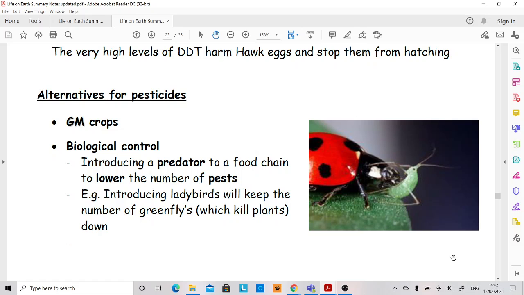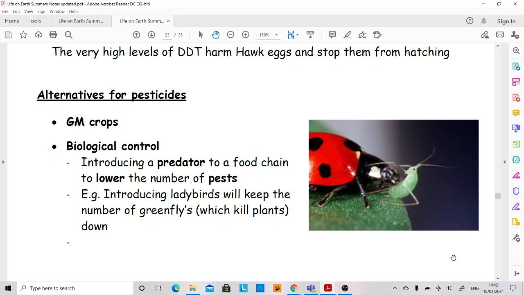Here's some alternatives for pesticides for the last section. Again, you could do genetically modified crops. Some plants have defences to stop animals and insects from eating them. If you could take the genes from those plants that code for whether it's bitter chemicals that stop them being eaten or other properties, you could take that gene and put it into your crop plants and make them unpalatable